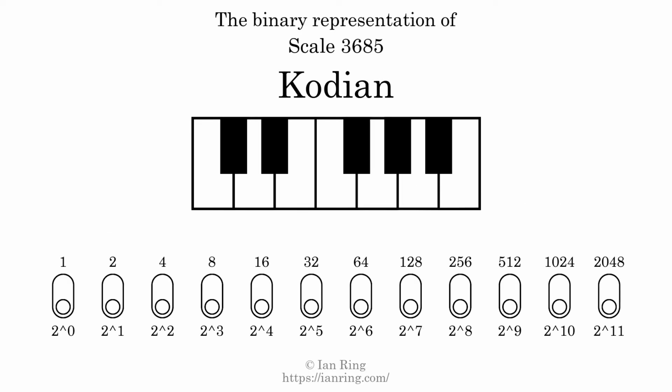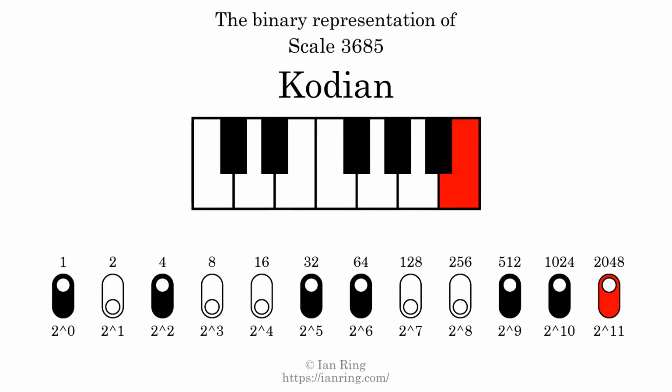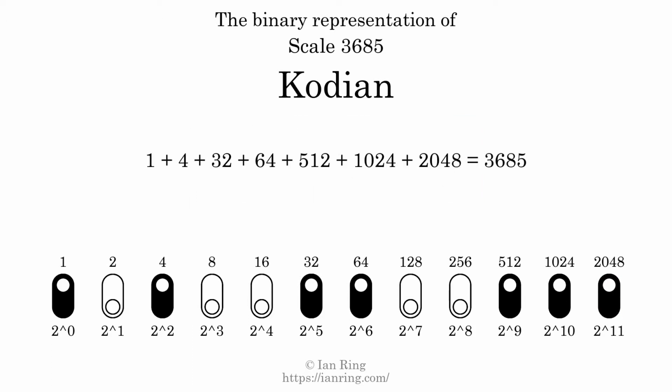The binary representation of this scale is determined by mapping tones of the scale to binary digits. Each binary digit represents a power of 2. To get the scale number, we add the powers of 2 together. The powers of 2 that are present in the scale, all added together, equals 3685. That is why the scale number, in decimal, is 3685. The scale number not only enumerates the scale with a unique index, but it also literally describes the tonal content of the scale. Represented as a binary number in base 2, the scale number is